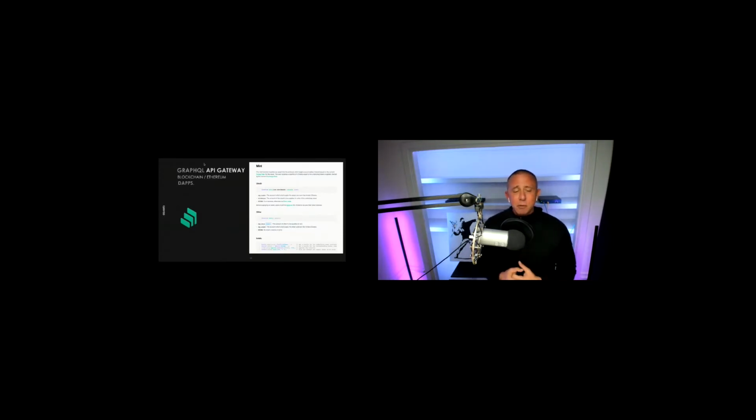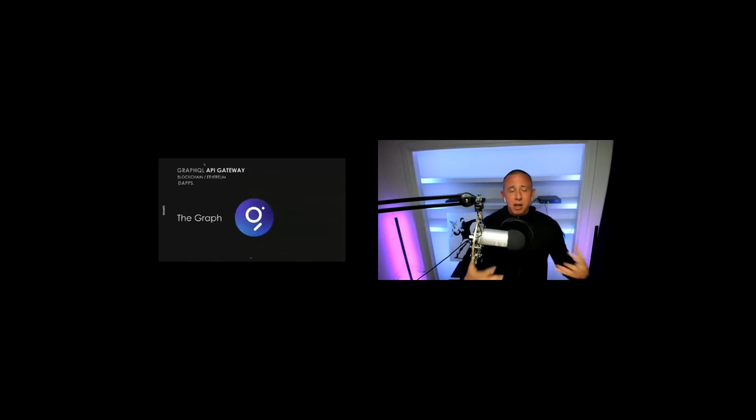As it stands, you can't really build great applications directly on top of blockchains. The problem is that you need to have data indexed and organized for efficient retrieval. Traditionally, that's the work that databases do in the centralized tech stack. But in Ethereum, the indexing stack was missing, in what they call this Web3 stack. So in comes this company called The Graph, which is a super interesting company that's doing some really cool